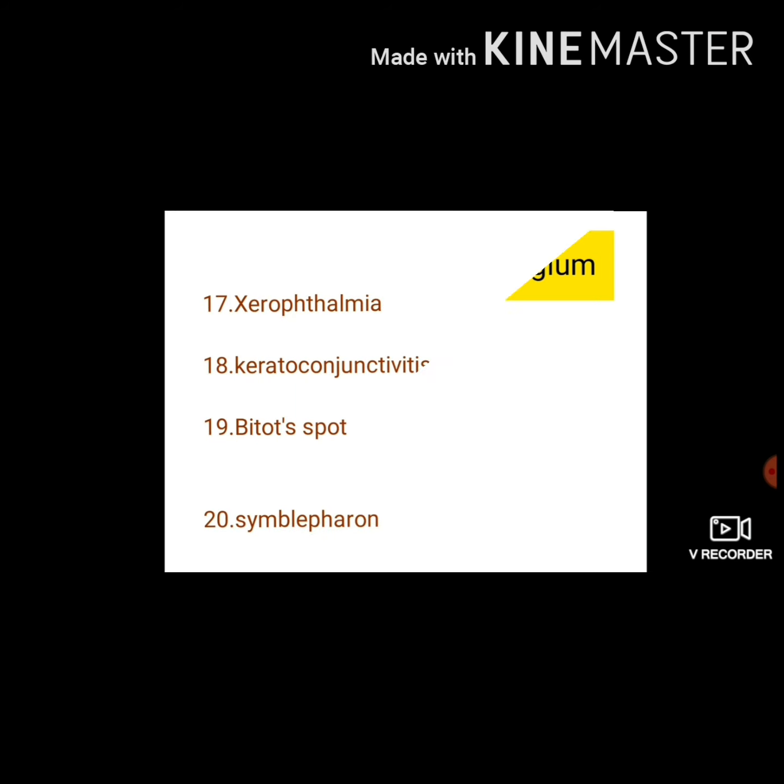whereas xerophthalmia is nothing but a dry, lusterless condition of the conjunctiva due to deficiency of the mucin. Here there is mucin layer deficiency of the tear film. The causes can be secondary to the cicatricial degenerations of the conjunctival epithelium. So there is no mucus secretion from the conjunctival epithelium.